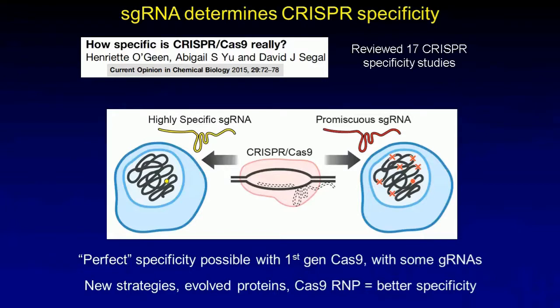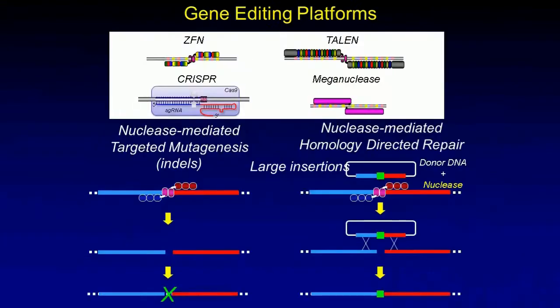So some combination of all of these improved strategies as well as the choice of guide RNA should be able to produce even CRISPR-Cas nucleases that cut with exquisitely high specificity, even in a genome the size of human. With a diploid human genome, there would be 6 billion base pairs. So that's really saying something about the state of the art and where we think we might be able to take these platforms in the future.